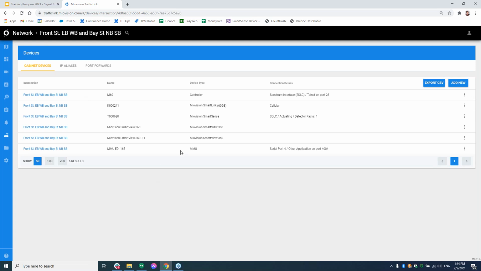But if you want to consolidate all of your devices into a single view that you can access and keep track of at an intersection level, this platform gives you the ability to do that and really build up on it.